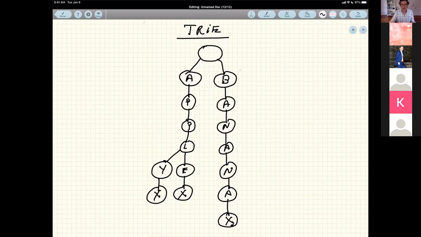So if I start at the root and navigate down to a terminator node, I find a complete word. If I'm looking for all words that start with A, I would start at the A and then travel that subtree from A to get all the words. If I have the word banner, it'll be BANNER.